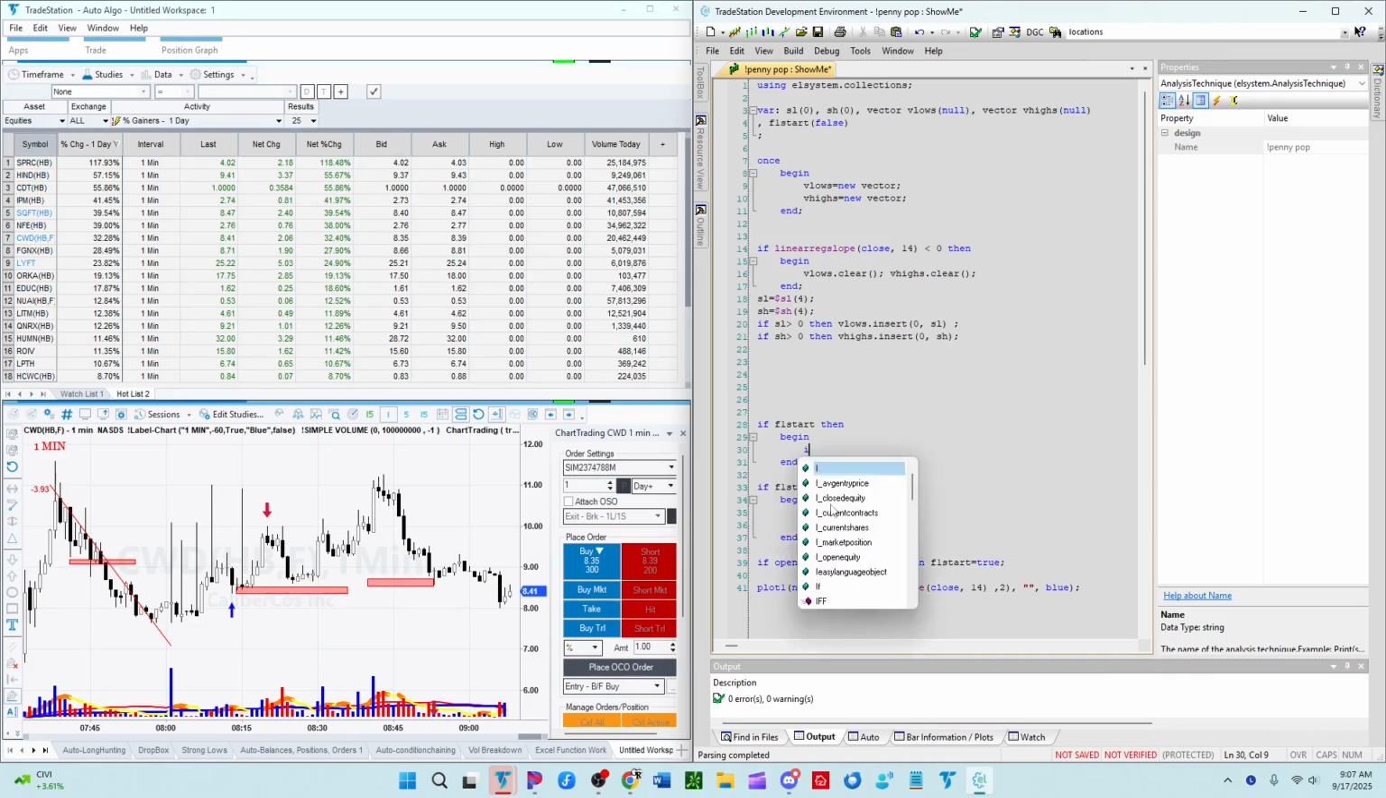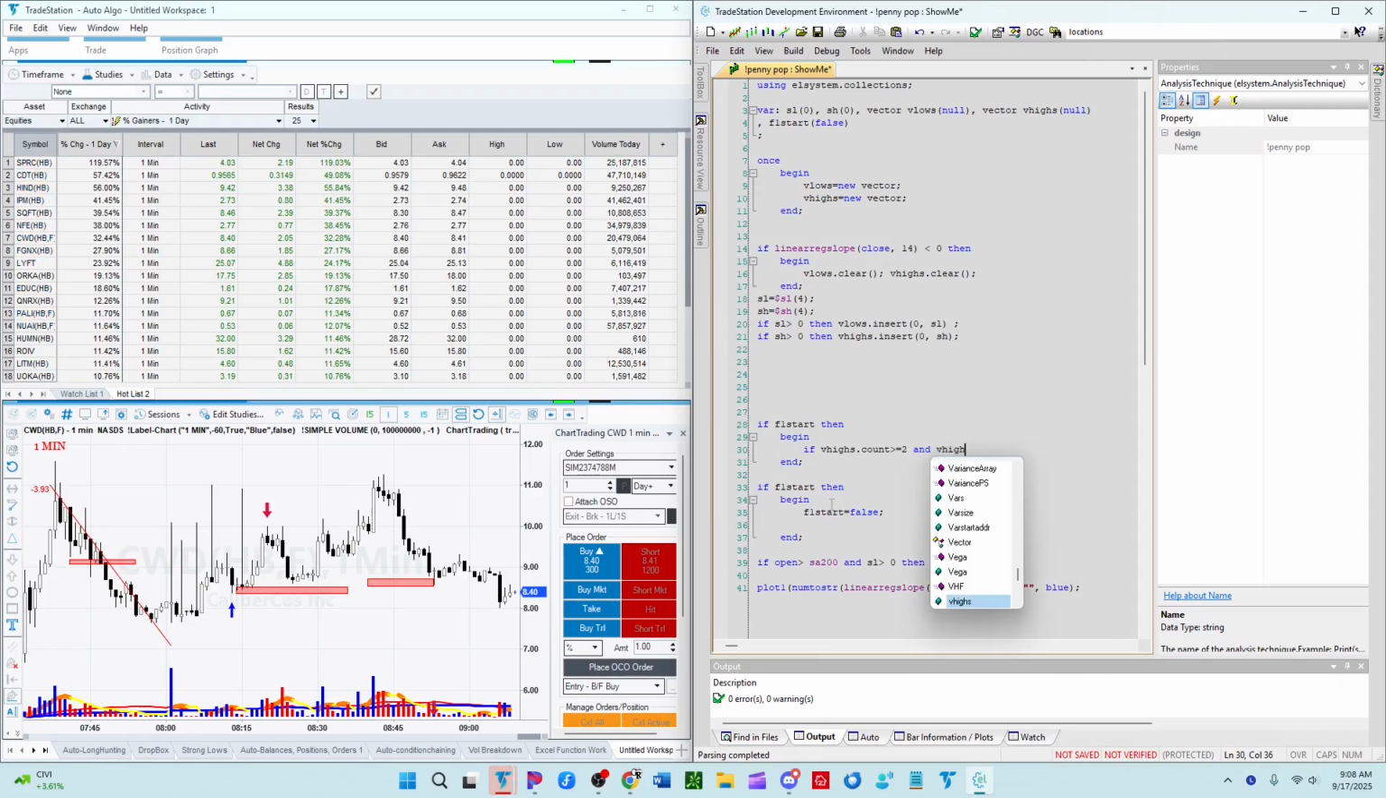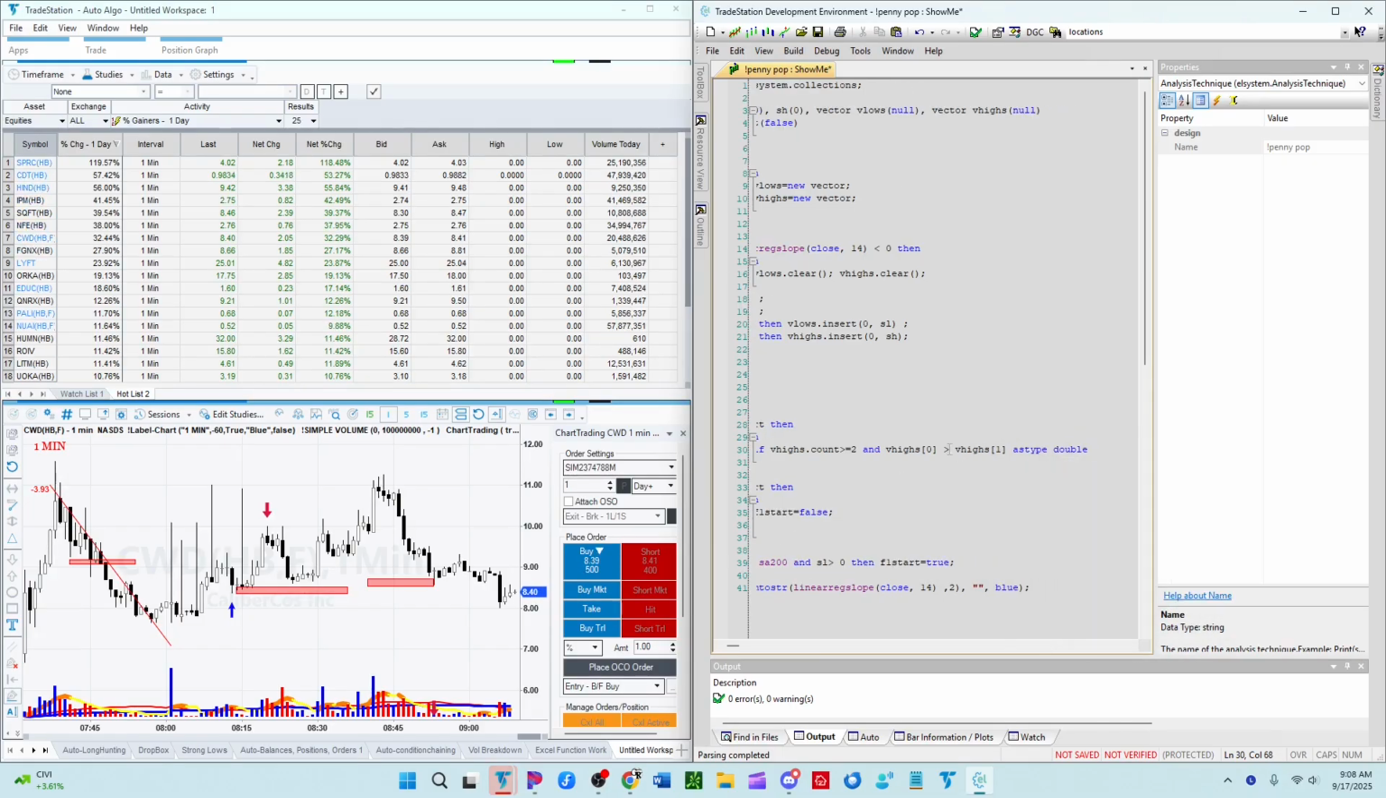Start, begin. If v highs dot count is greater than or equal to 2, so we at least have 2 in there. When that's true, we can go on into the rest of the code. So if the v highs dot count is greater than 2 and v highs of the most recent index is greater than v highs of the one before it, as type double,